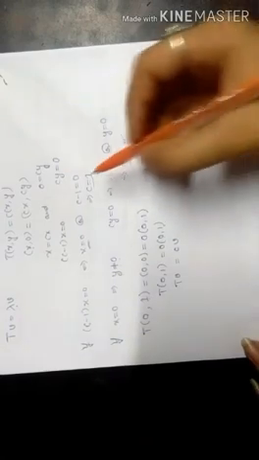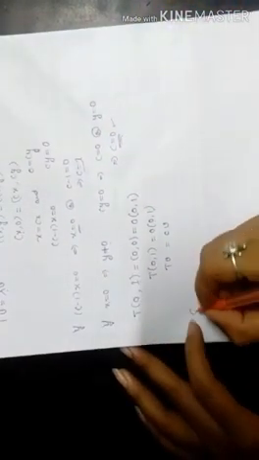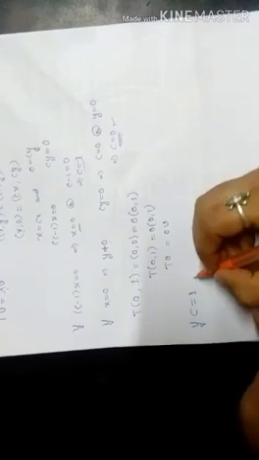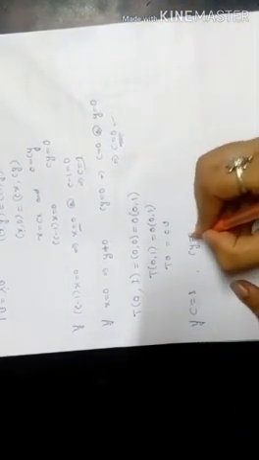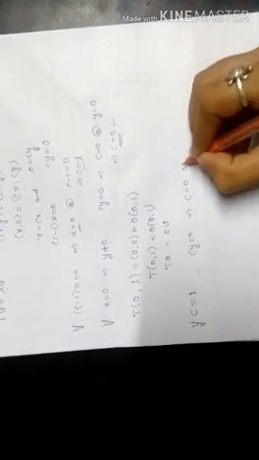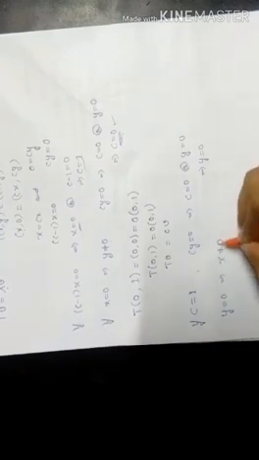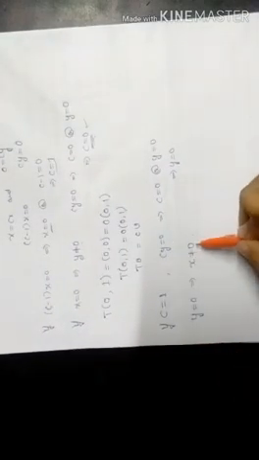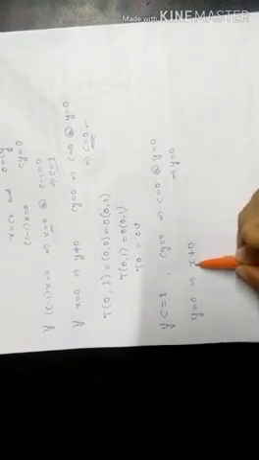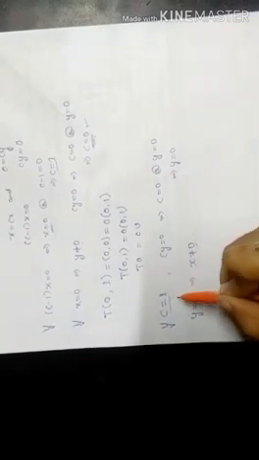Now for the case C is equal to 1. If C is equal to 1, then we know that Cy is equal to 0, which implies C is equal to 0 or y is equal to 0. Since C is equal to 1, C is not equal to 0, so the only possibility is y is equal to 0. Therefore y is equal to 0, and x is not equal to 0 must hold. If x is equal to 0, the case becomes trivial. So x is not equal to 0. The eigenvalue we got is C is equal to 1. Now we have to calculate the eigenvector.